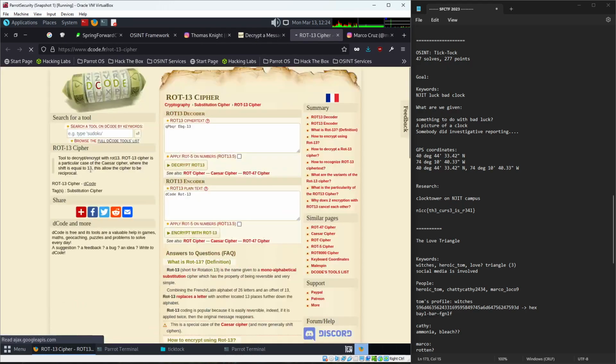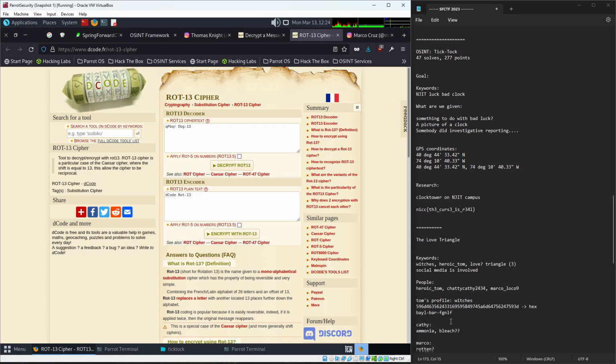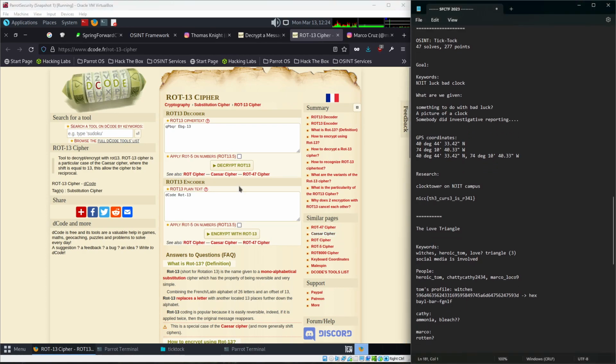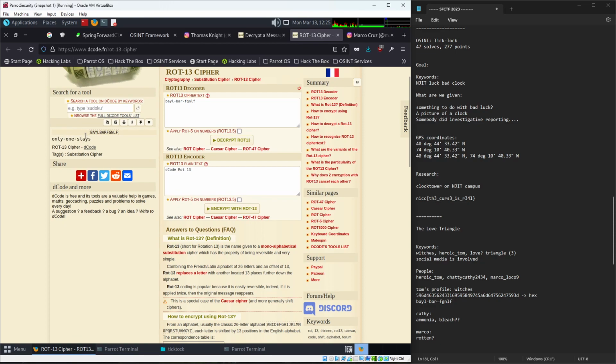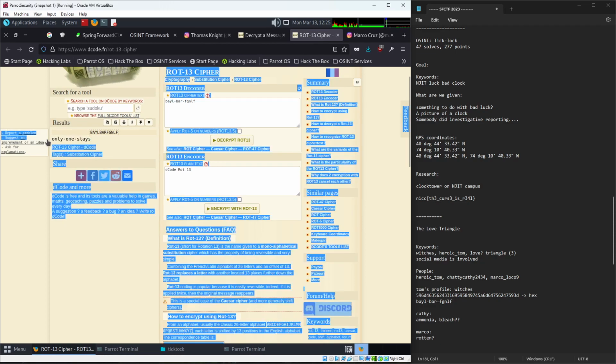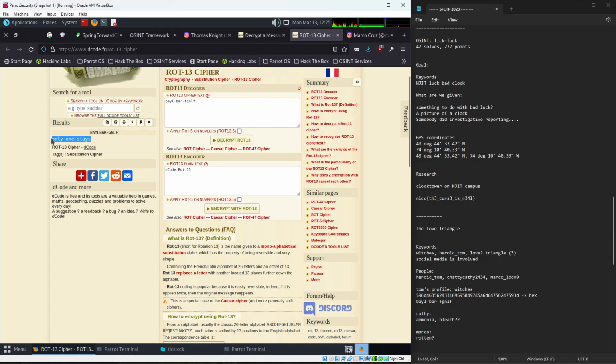Okay, it looks like it's rote 13. Rote, like rotten. Okay, maybe. And I don't know what this was deciphering, but let's go ahead and decrypt rote 13. Only one stays. Interesting. So, looks like we have this when rotated.